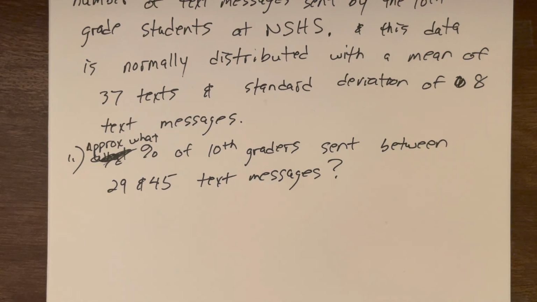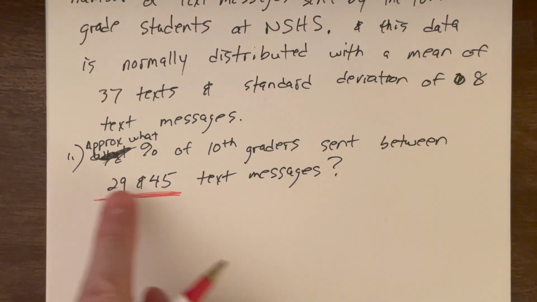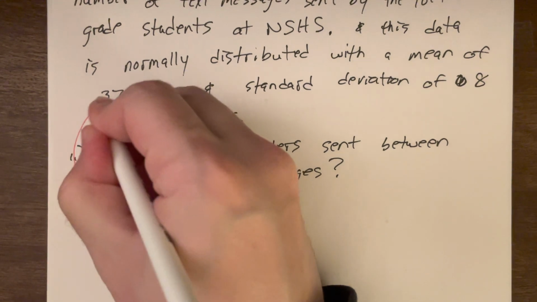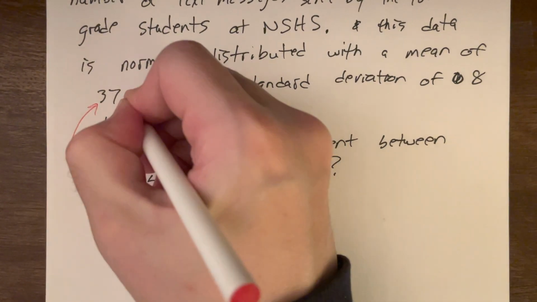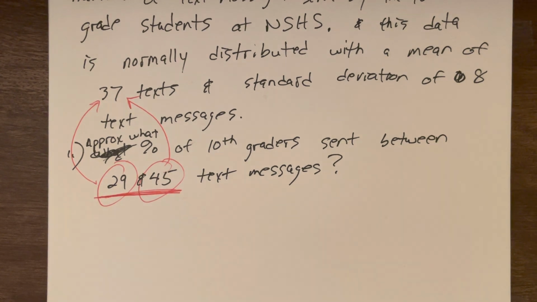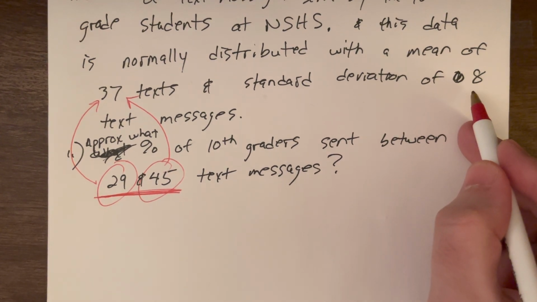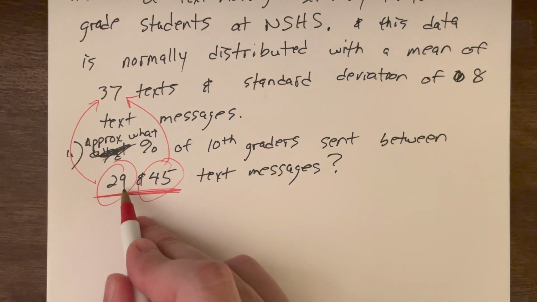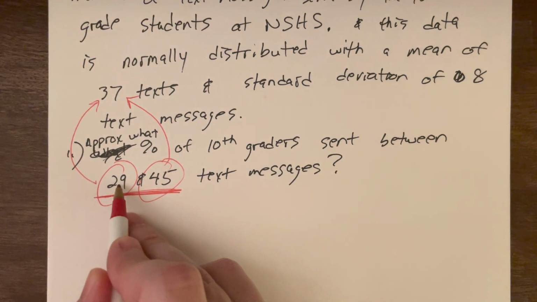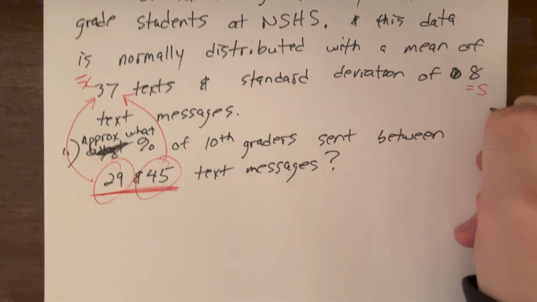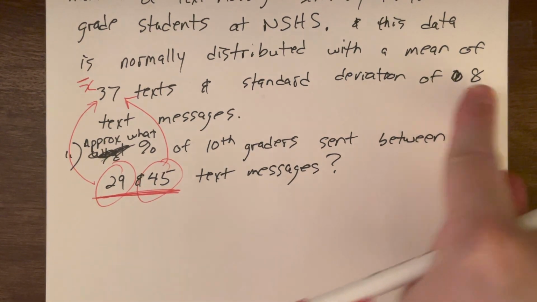So how do you use it? Well, now we need to concentrate on this window that was given to us. What's so special about this data value compared to the mean, and then separately, this data value compared to the mean? Well, let's see. The big thing is, how do these numbers compare to the mean in terms of the standard deviation? So I can notice 29 is 8 units lower than 37. So this is the mean, this is the standard deviation. 37 minus 8 is 29.